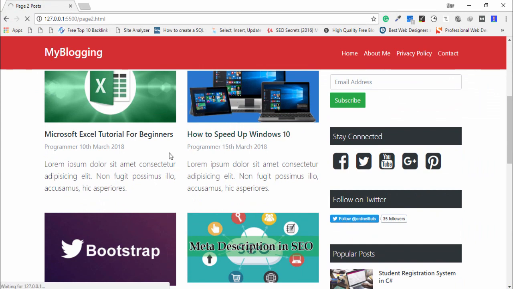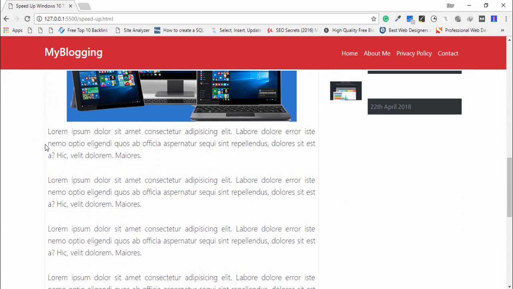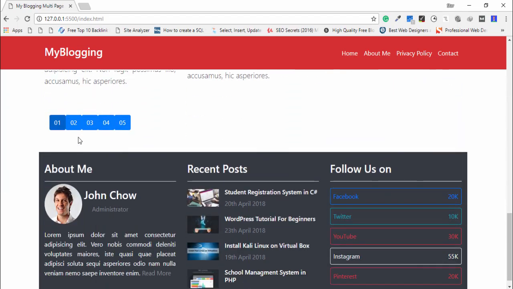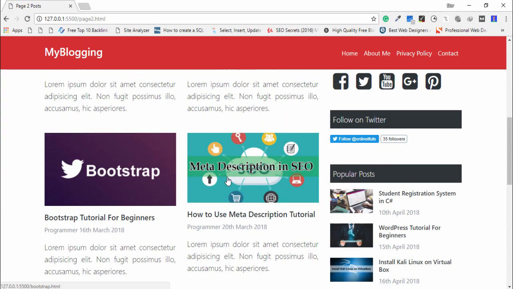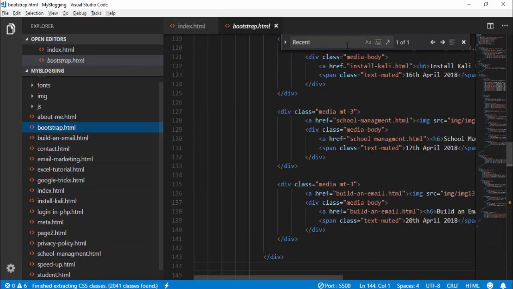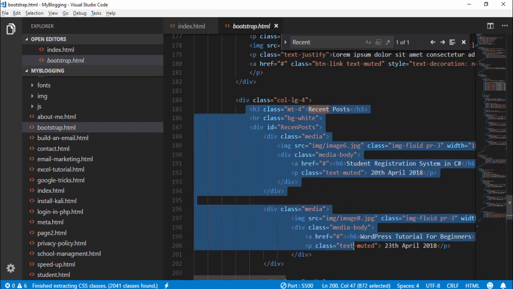page. Just a minute to load the page. What is this? I need to set the codes. Okay, I go to below and click on install Kali Linux. Okay, now that's working. Now the next is basically Bootstrap. So find your Bootstrap, basically Bootstrap here, find recent posts and select the codes